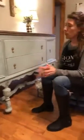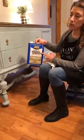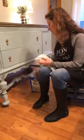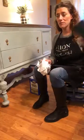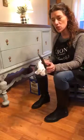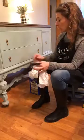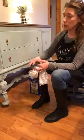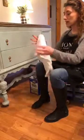So what you need are your supplies. You need a lint-free cloth and odorless mineral spirits. You should wear gloves with this, but I'm not going to. So all I'm using is a rag to take this off. But if you have an old piece, or something that was refinished in chalk paint and there's heavy wax on it, or it's an old piece of furniture and you know that there's wax on it, you would just take the mineral spirits, take a green scrubby and scrub it off and then wipe it off. But I want to show you how easy it is to remove wax if you're worried about that,